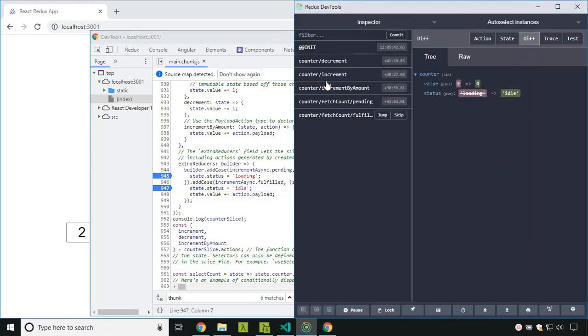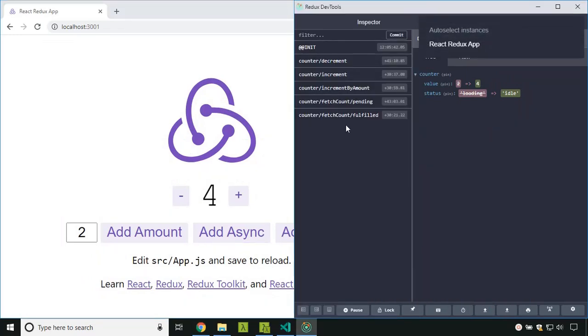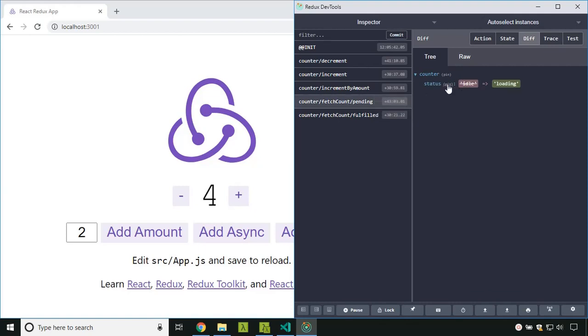Here if we go into our Redux DevTools, you can see that initially the action counter fetchCount pending was sent. In that the status was changed from idle to loading, and after that the fetchCount fulfilled was called, and inside that the value changed from 2 to 4 and the status turned back to idle.